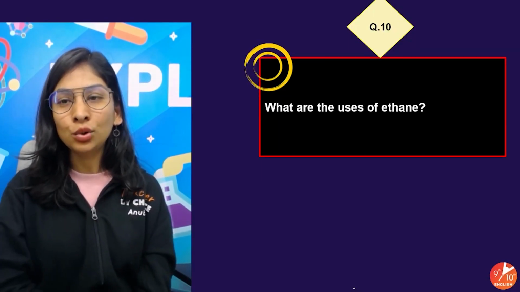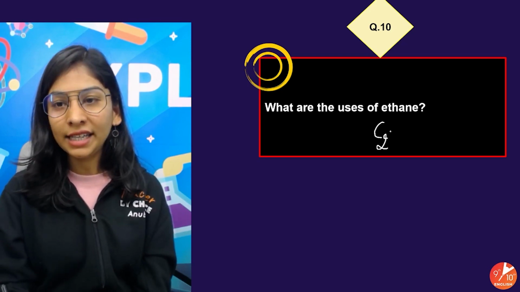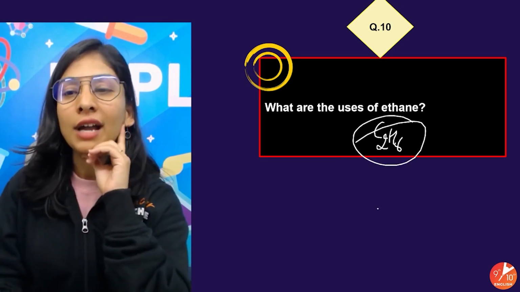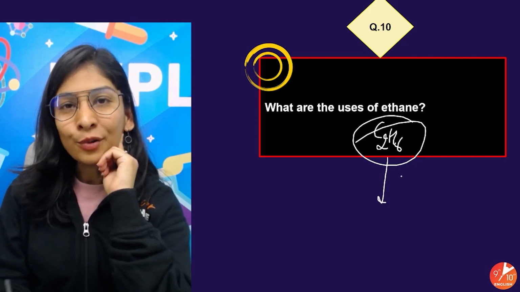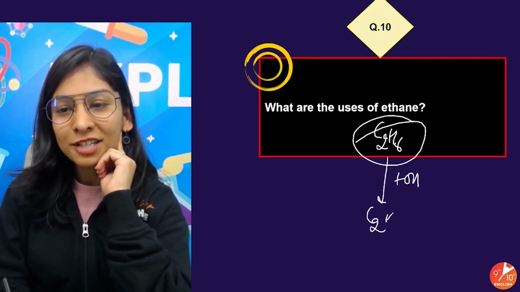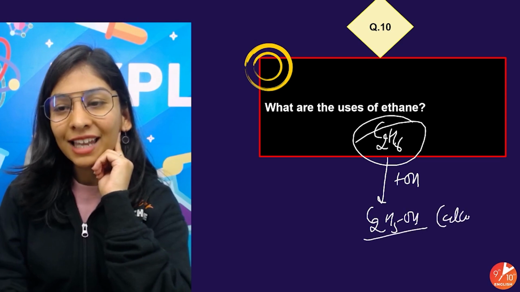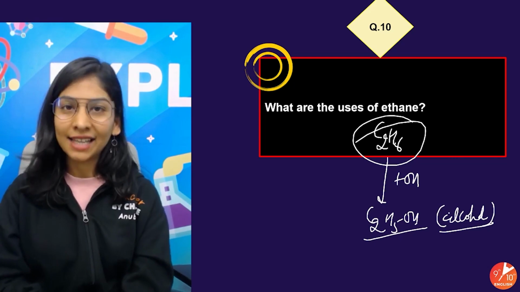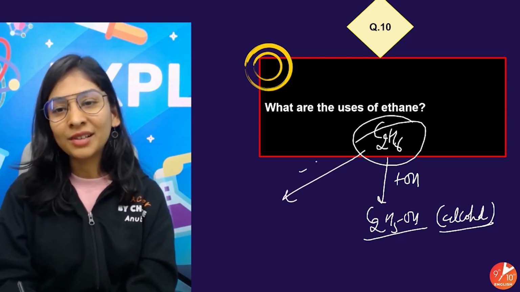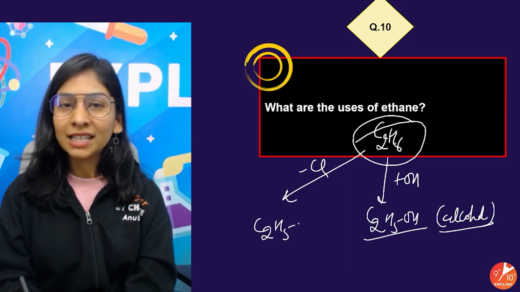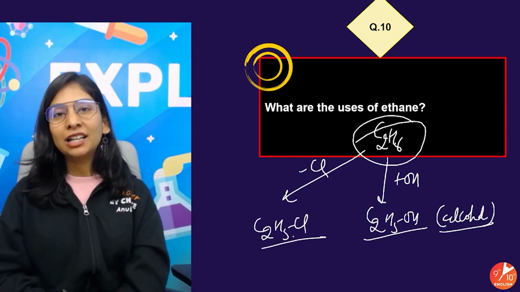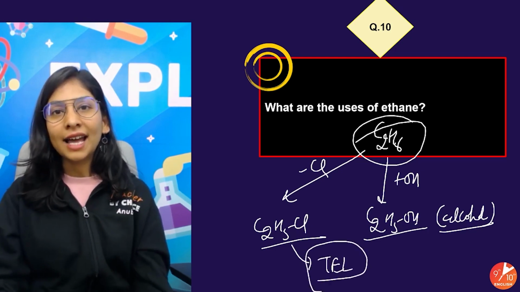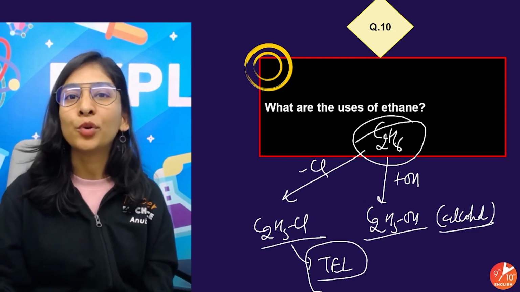Now let's have our next question. What are the uses of ethane? This is your ethane. Do let me know, I'm waiting for your answer. Students, if you replace hydrogen with OH, I get my C2H5OH, my alcohol that's saving us nowadays, because that's something we are using in all the sanitizers, right? If we substitute hydrogen with chlorine, I get my C2H5Cl, my ethyl chloride, something that's used to prepare TEL, tetraethyl lead,